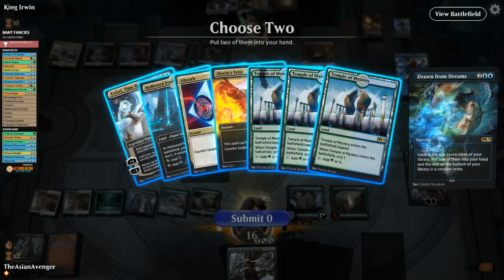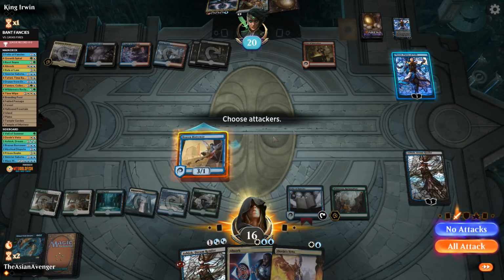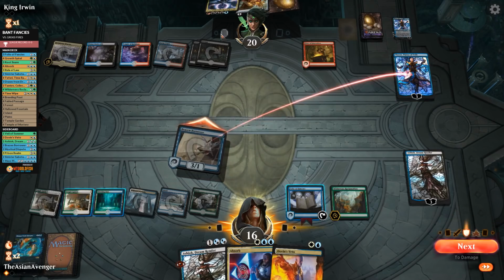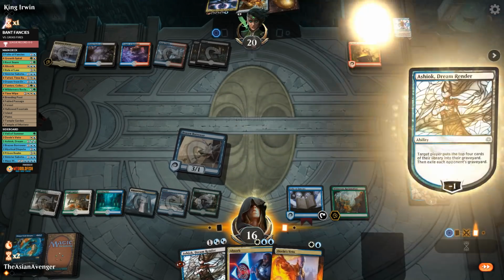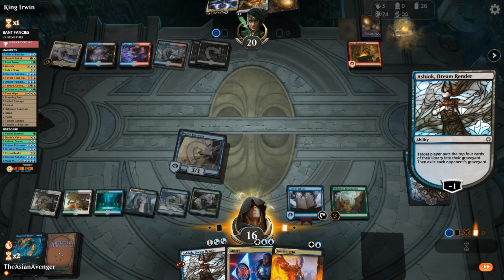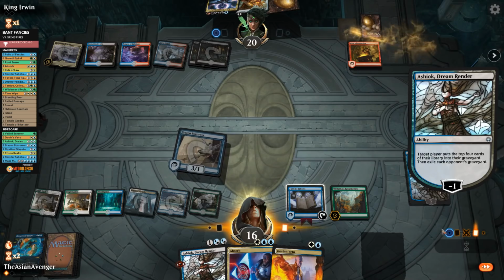Let's see what we can find with this. I like those 2 cards. That seems pretty good. Alright, got rid of Narset. Let's keep the mill train going. How many cards do they have left in the library? 26 cards. Alright, so after they draw, we'll go ahead and...